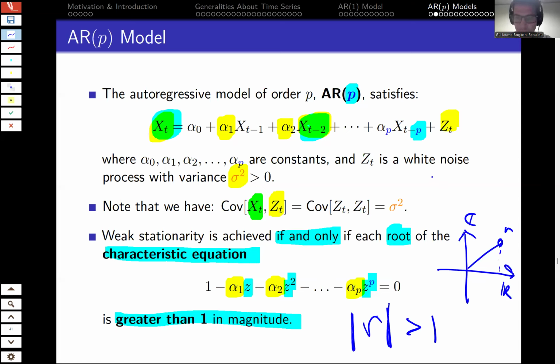You can always write a complex number R as the real part, let's call this A, plus i, the imaginary unit, times a certain B. And B would be what is on the y-axis, right? And then the norm of this R,